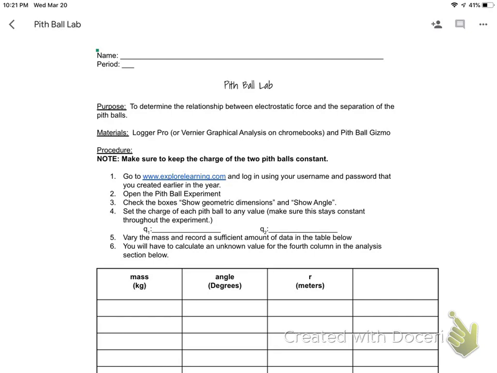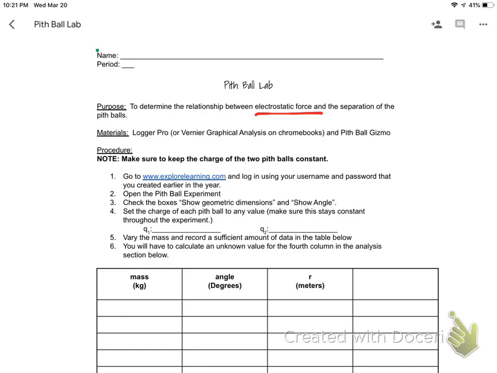So what we're going to start off with is we're going to start taking a look at the force, we're back at forces, the force between two charged objects. So we call that the electrostatic force. And the way that we do this in the physical lab is we use something called pith balls, which are basically little styrofoam objects that are super light, but can hold onto an electric charge.